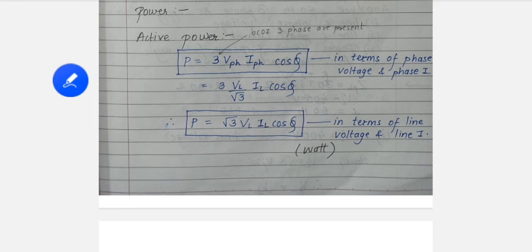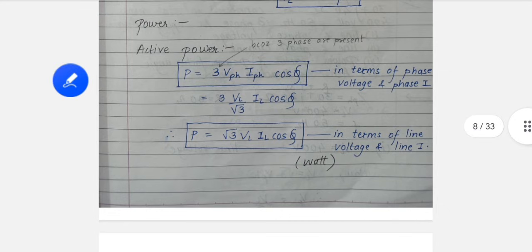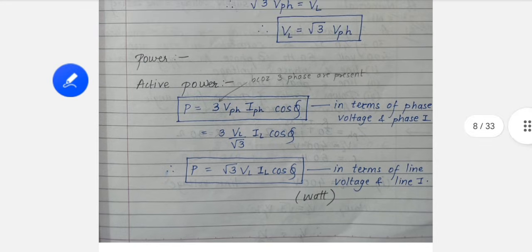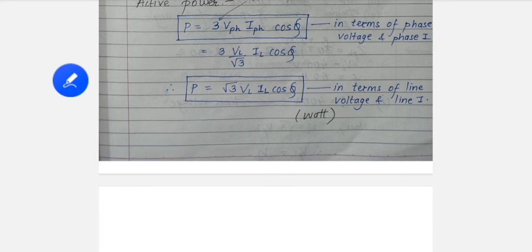The same thing over here, but we have to multiply by 3 as we are now dealing with a 3-phase circuit or 3-phase system. So we just multiply it by 3, and you have to remember the two formulas over here. When you have the values as phase voltage and phase current, that time you have to refer to this, that is 3 VPH IPH cos phi. But we all know VL is equal to root 3 VPH, right? So if we replace VPH by VL by root 3, we will get another formula for it, that is active power is equal to root 3 VL IL cos phi.